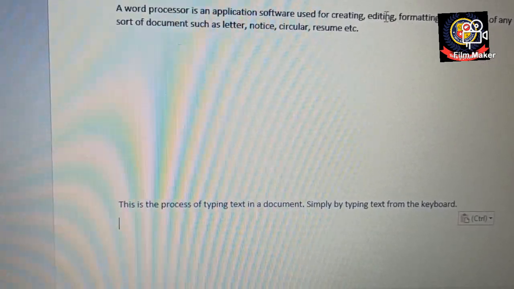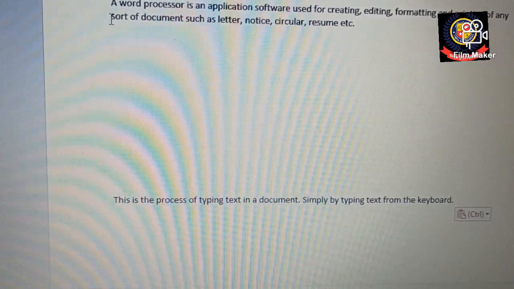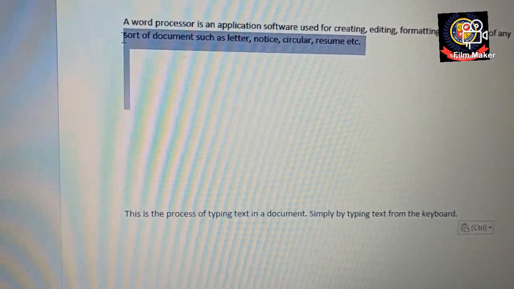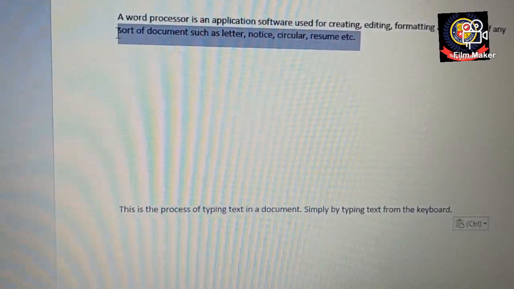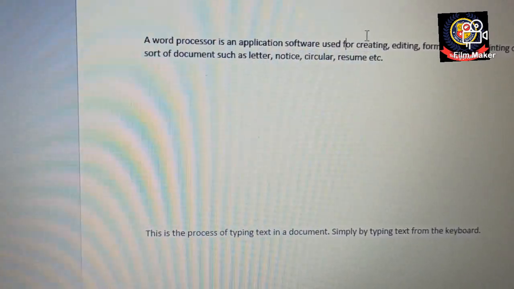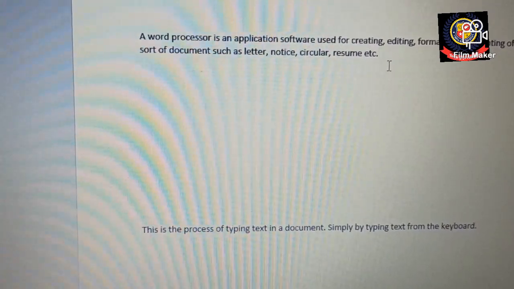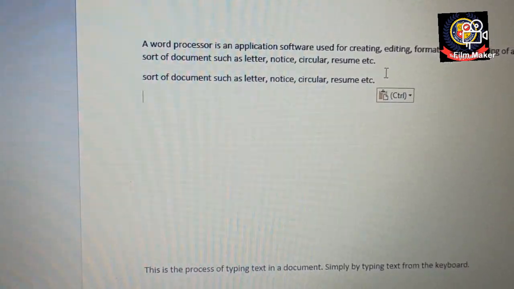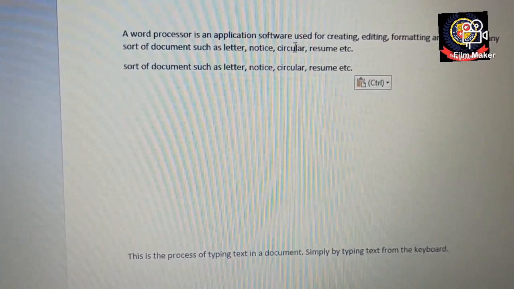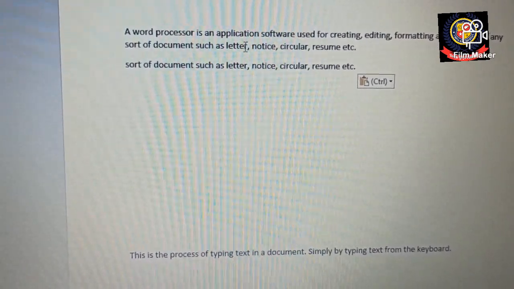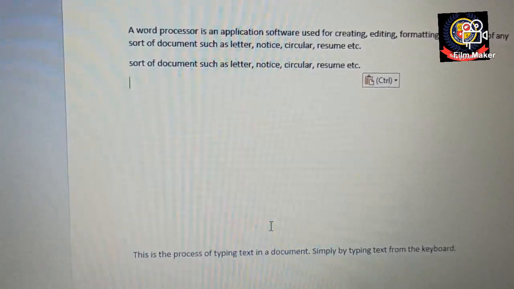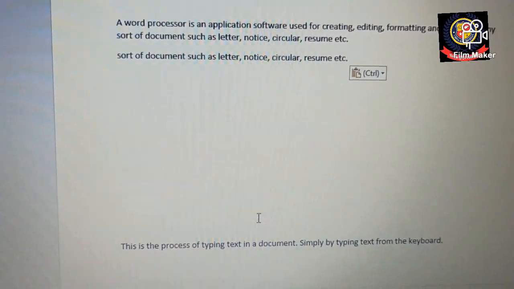But if I want to copy, I simply click over here, then press the Shift key and arrow key, so I have just selected the text. Now I'm pressing Ctrl plus C. Ctrl plus C is for copying the text. After that, just press Ctrl plus V. You can see the same line has been copied. So this is the difference between copying and moving. Copying means the text will be at the original as well as the new position, but in moving the text is removed from the original position and shifted to the new position. That is what is written in your book.